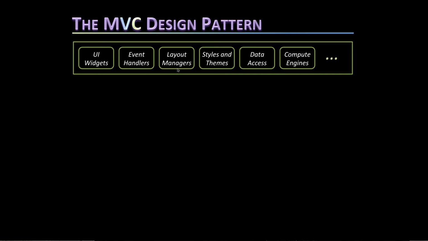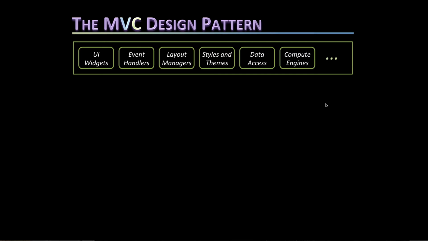Layout manager to ensure that the widgets are lined up properly. Styles and themes to do formatting for the widgets. Data access to enable us to connect to databases, to XML resources, or to networks, to web services. And there are also a number of compute engines that do calculations such as exploring alternatives, doing strategies and stuff like that. So given such a large number of components,